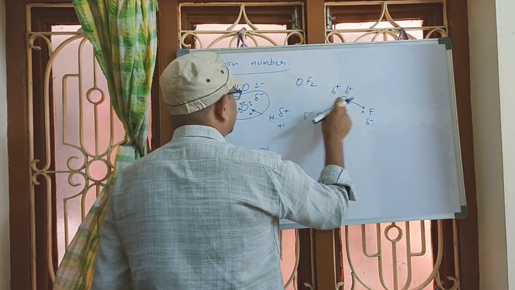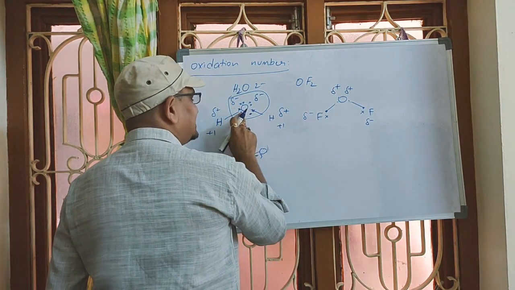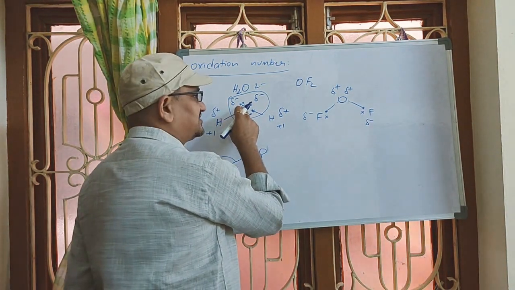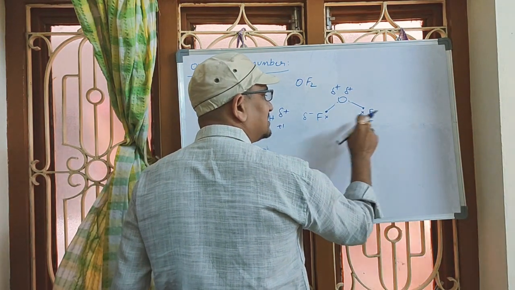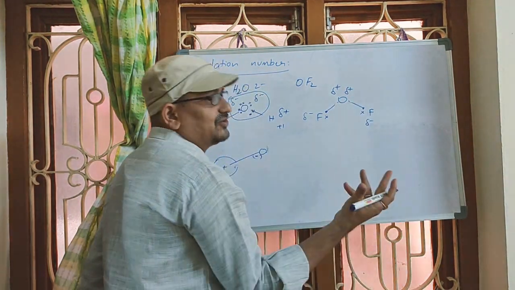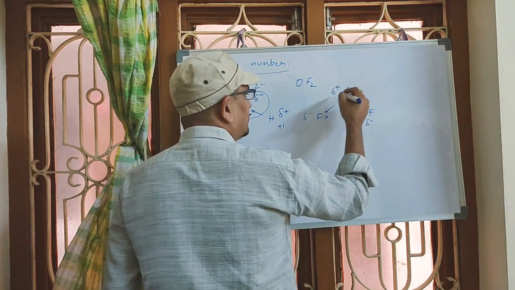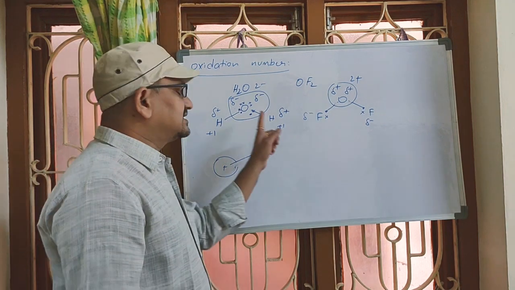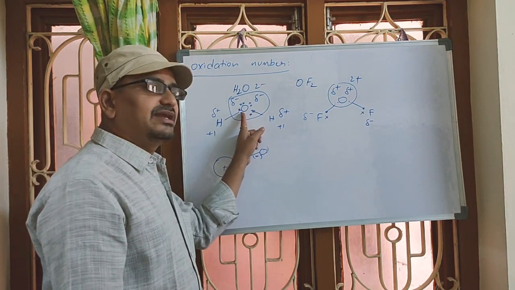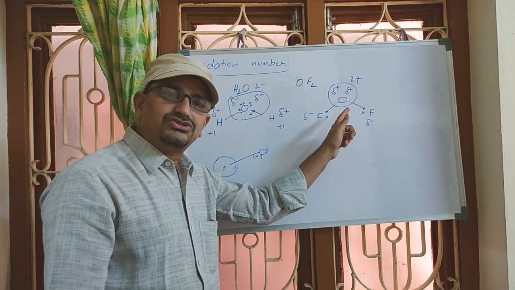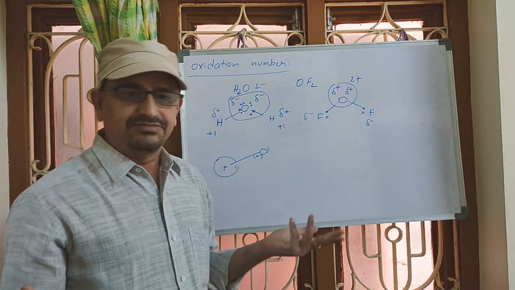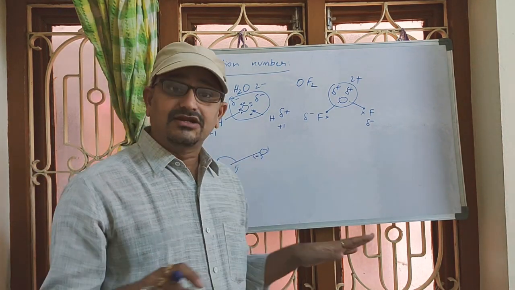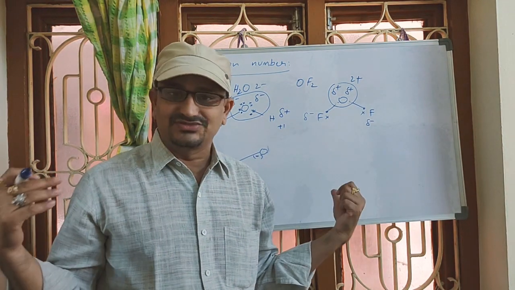Now, the same oxygen, see here and there, same oxygen. In this case, as the surrounding atoms are weak, oxygen had gained 2 negative charges. As here the surrounding atoms are strong, oxygen had lost 2 units of negative charge. So, 2 positive charges it has got. In this way, with respect to the surrounding atoms, sometimes an atom may get negative charge, sometimes positive charge, sometimes it may not get any charge, it may be neutral also. This is all arbitrary, not permanent charges, right? These are all arbitrary with respect to the surrounding atoms, right?